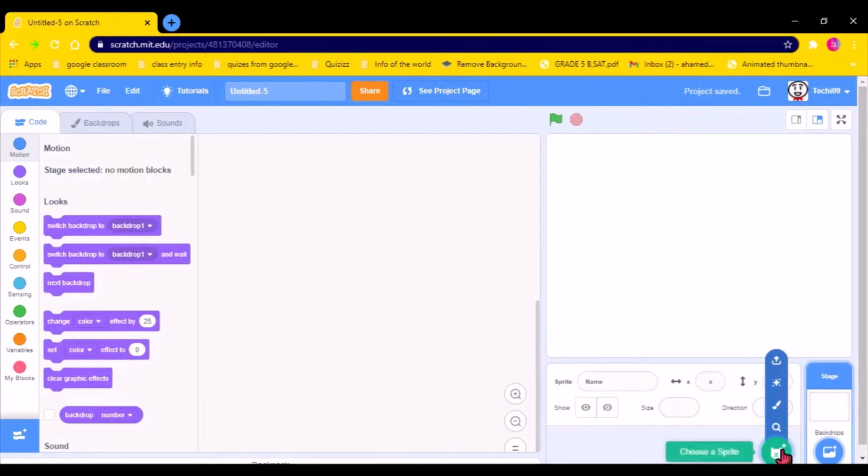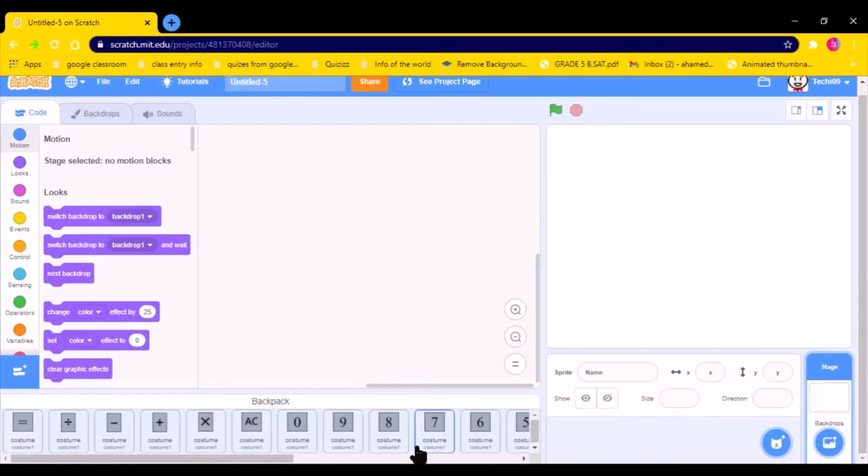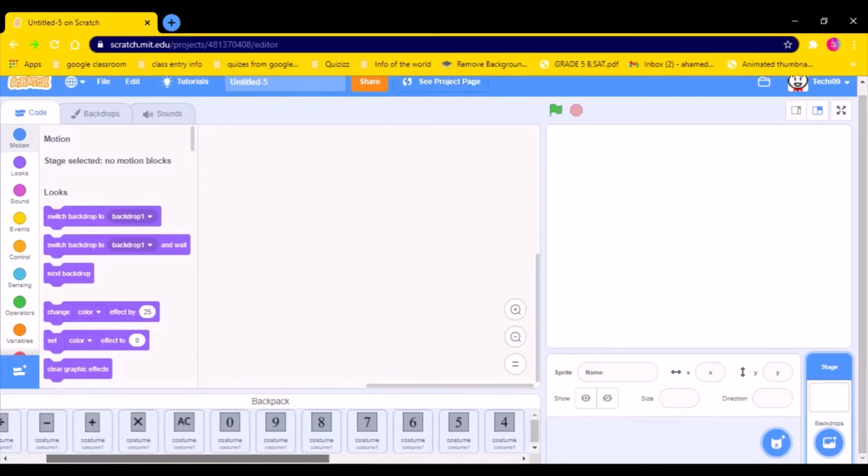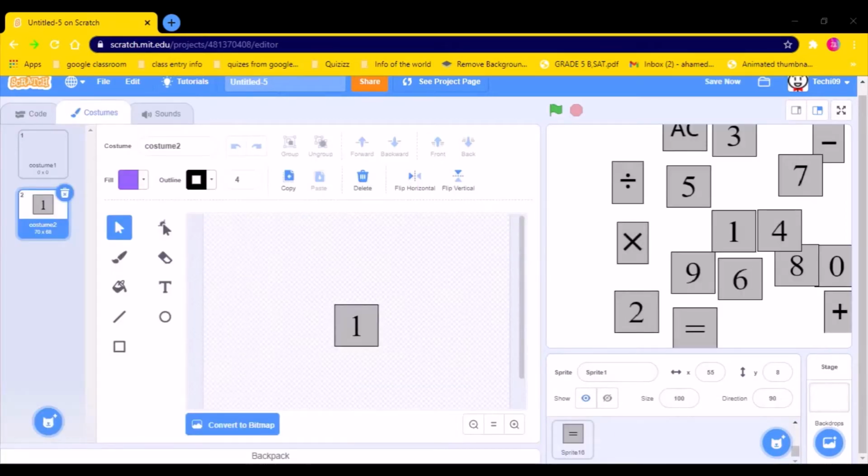So step number one, you should design the characters for numbers and all. Design those first. So I'm gonna drop in these stuff real quick, then I'll be back. So guys, I'm done